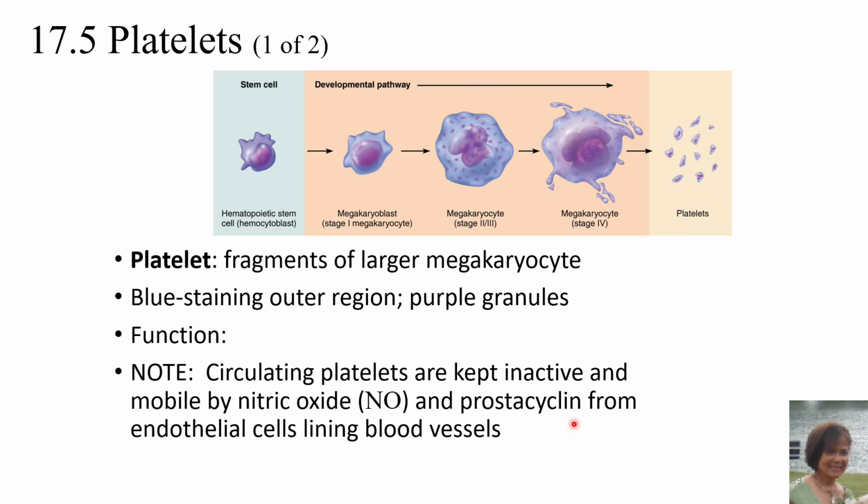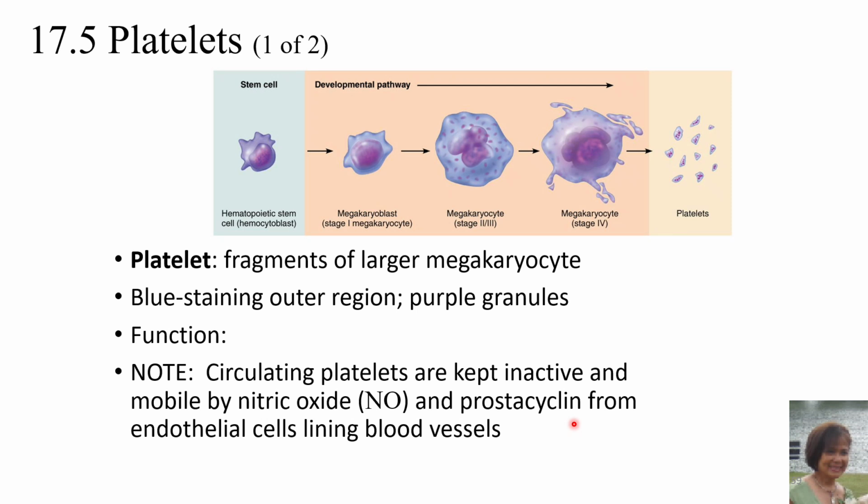Now we have the platelets. So the platelets, like your red blood cell, are not normal cells. They are fragments of cells. And pretty much they come from very large cells that divide many times, but they don't really undergo cytoplasmic division. The only thing that divides inside the cell is the nucleus. So there's going to be nuclear divisions for about 4 or 6 times. So now you have a large cell that would have a lot of nuclei inside, and it becomes so